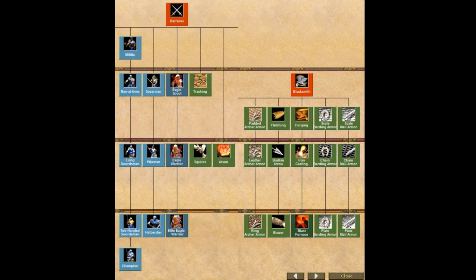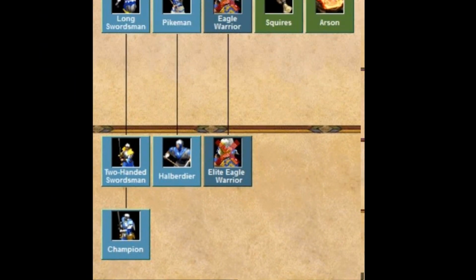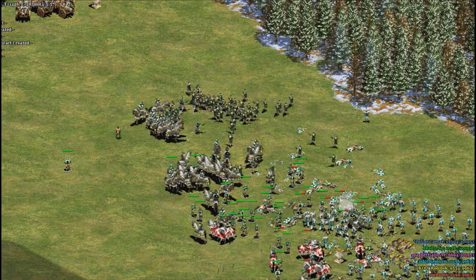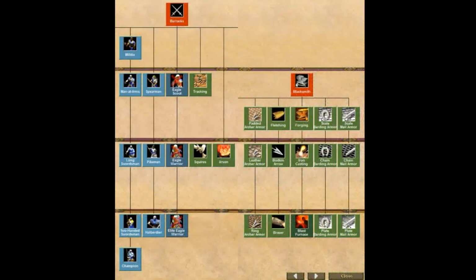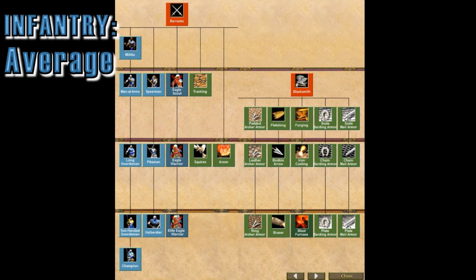It's a similar story for their infantry. They have the halberdier, they have the champion, and their halberdiers are cheaper. However, they do miss that last blacksmith attack upgrade, meaning that their champions simply cannot compete with other civilizations. And the only time I would suggest that you make them is if you're countering a civilization that has eagle warriors, or maybe they're sending huskarls at you or something like this. And this means that their barracks is average,